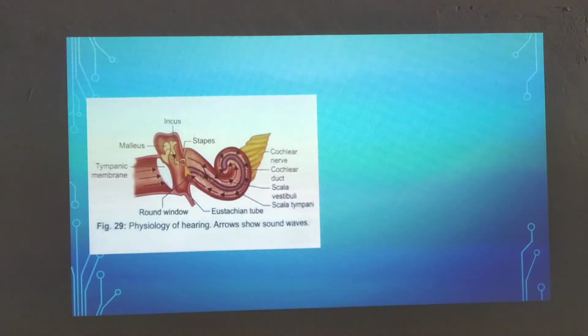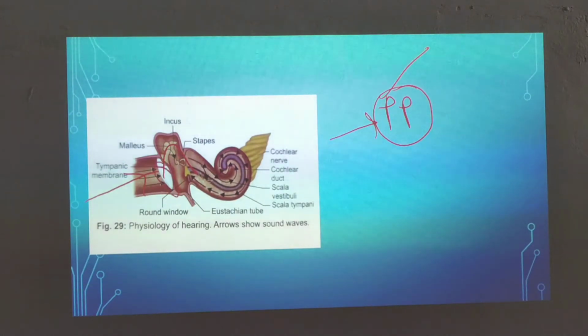Physiology of hearing. So what about this pathway? As I told you yesterday already, what is this pathway called? The preferential pathway. You have to have the preferential pathway so that the sound waves touch the tympanic membrane, then the malleus, incus and stapes, then go towards the scala vestibuli, go down like this, towards the helicotrema, and then come back towards the round window. That is the secondary tympanic membrane.